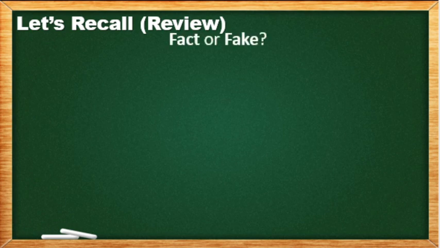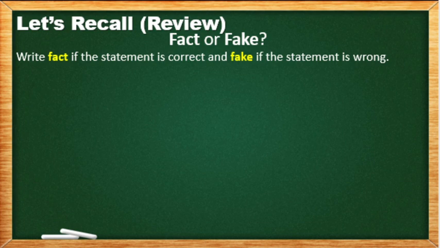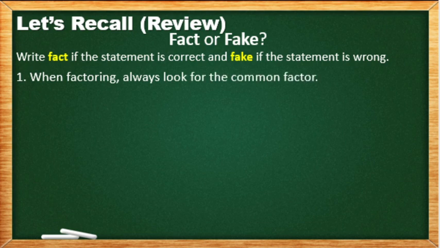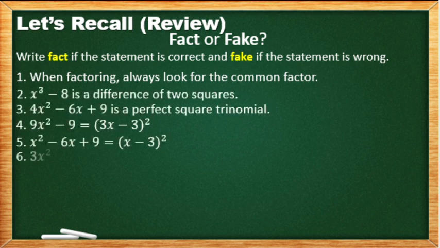So, recall natin, just write fact or fake. Write fact if the statement is correct and fake if the statement is wrong. Number 1. When factoring, always look for the common factor. Ito yung first discussion natin. We have the given polynomial, tapos check natin each term if they have common factor. So therefore, the answer here is